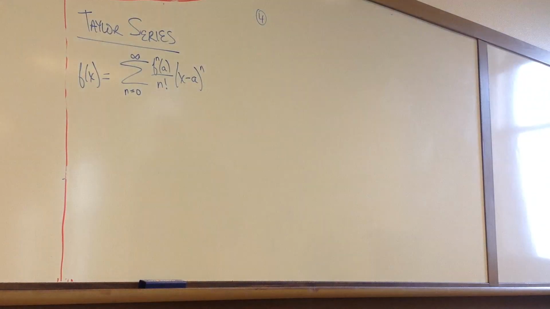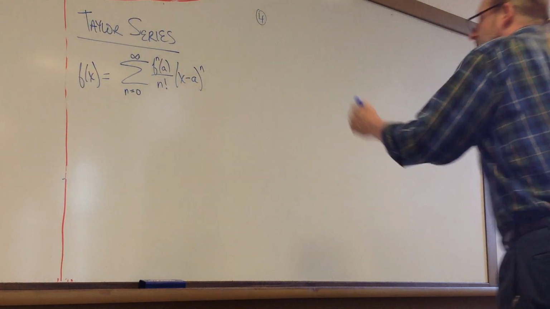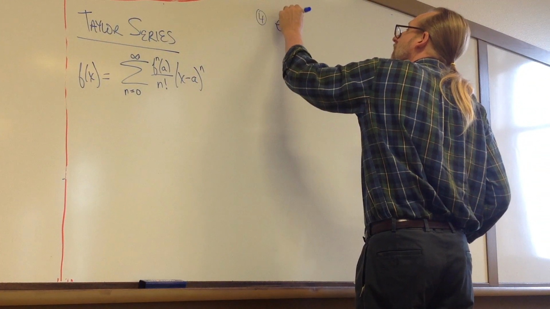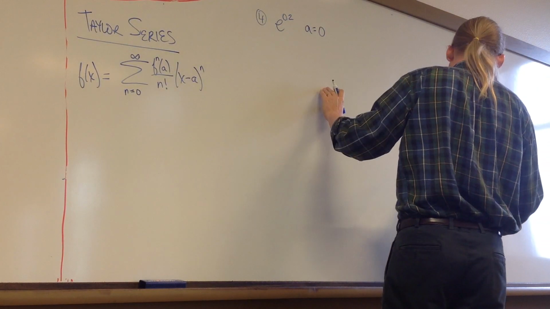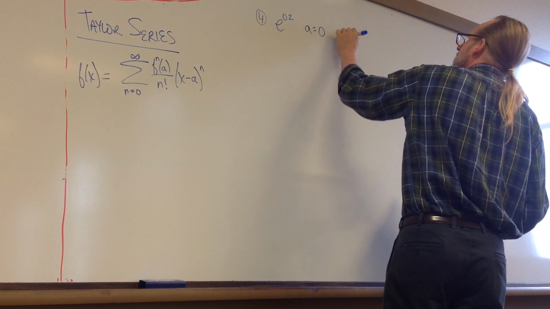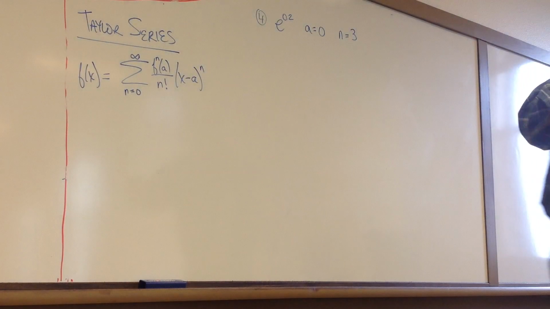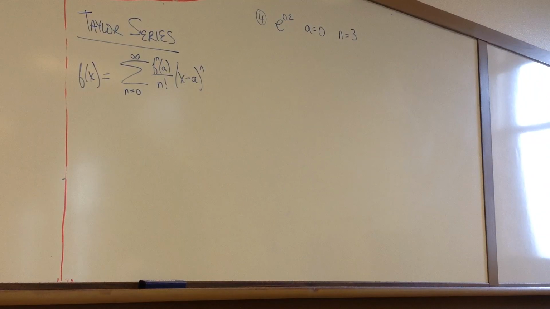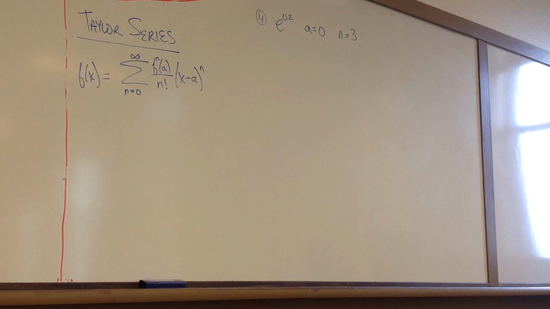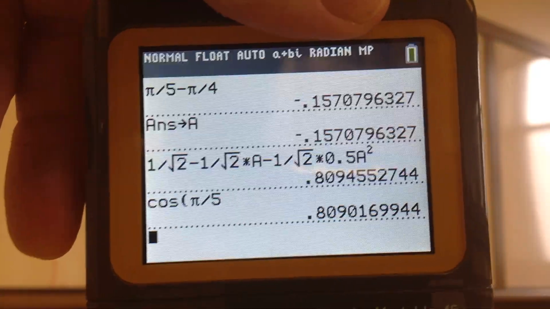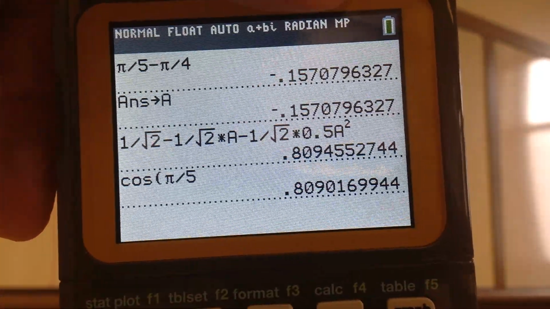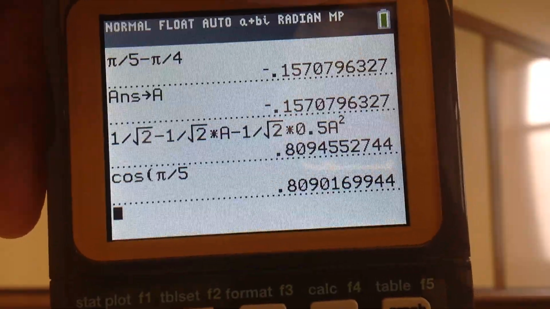Okay, problem 4 is e to the 0.2, a equals 0, and n equals 3. Something that is interesting about what I just did there, where I used the calculator to see how close our polynomial approximation was to the actual value, is that the phrase "the actual value" is a little misleading, because this